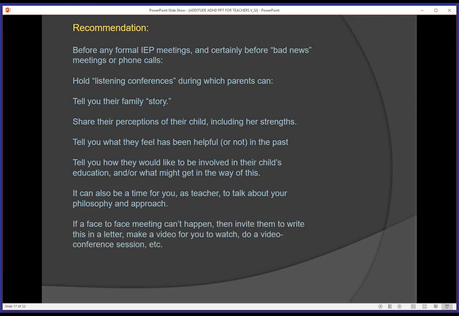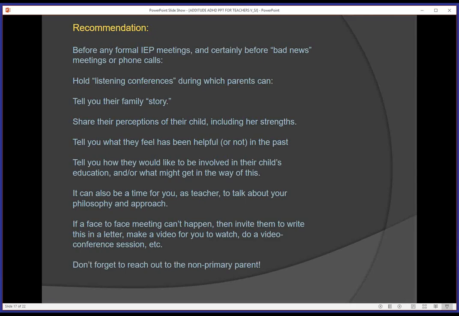If a face-to-face meeting can't happen with parents, try to write to them in a letter. Some parents have made a video of their family or interviewing one parent or the other for teachers to watch. You can do a video conference session if your school allows that to happen. There are different ways that are in addition to or instead of having a parent come to school for a meeting that may not be